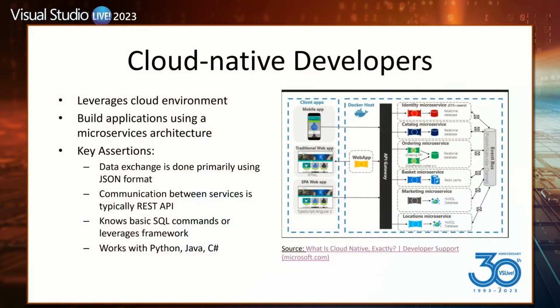Okay, so this is a slide I put together based on some information which we already published: what does a cloud native developer do? They are primarily creating microservices or interacting with microservices, and those are all typically REST API calls, and JSON is the way you send the data. And this shows a typical